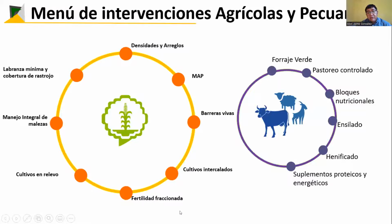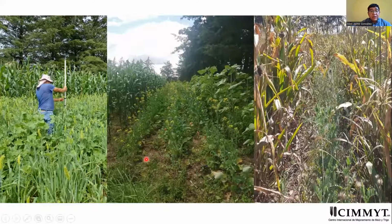We also worked with the integrated weed management, rotation crops, fraction to fertility in inter crops, hedgerows, MAP or pest management, and densities and different arrangements, understanding that maize is a main product, is the core of all these systems. So we wanted to find a solution for it. We had already identified it as a need. What we do when we leave the stubble for covering the soils? Well, at the same time, we also need feed for the livestock production. So we said, okay, let's start preparing green fodder, controlled grazing, nutritional blocks, silage, hay making, and some other